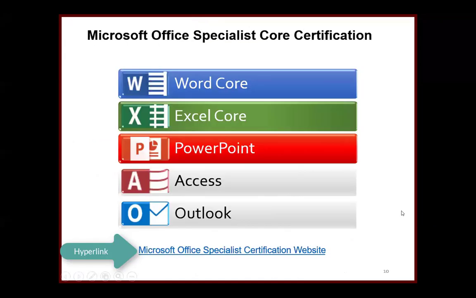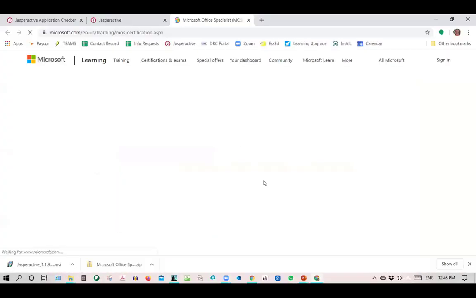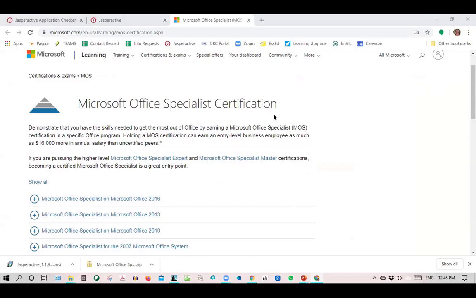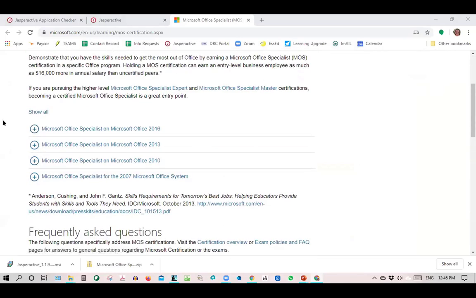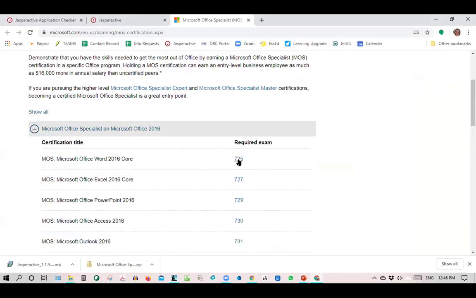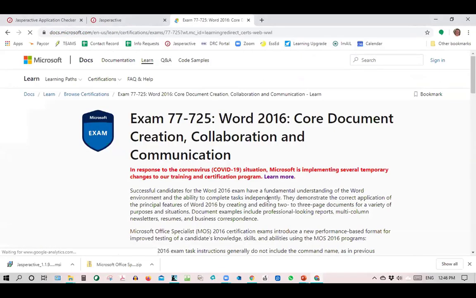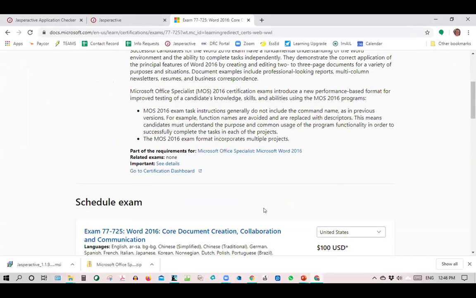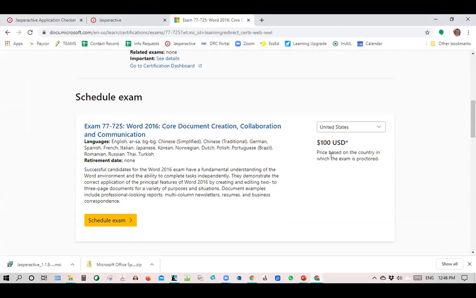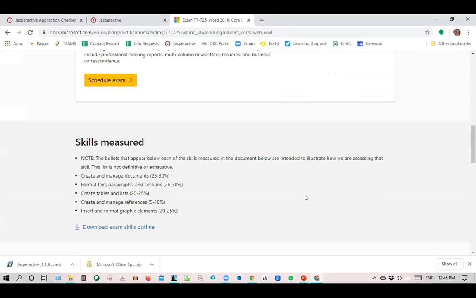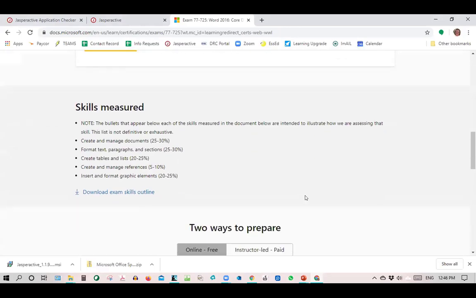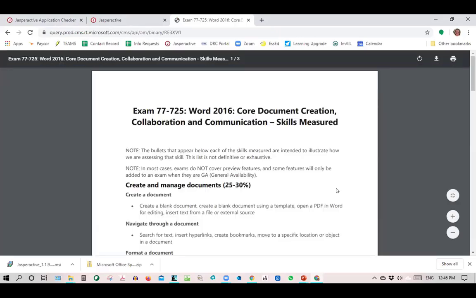So for this course, the Microsoft Office Specialist certification, we're using their data. Let me come over here and show that to you. If you want to know more about this certification process, you can come over here and find out what is involved. It has details about all of the different tests, what the exam is. If you look at the exam information, it will tell you exactly what you need to do. It does cost money. We do ours through Certiport, and we do pay for our students if they complete all the requirements.